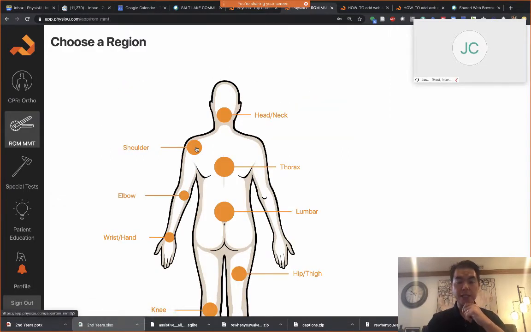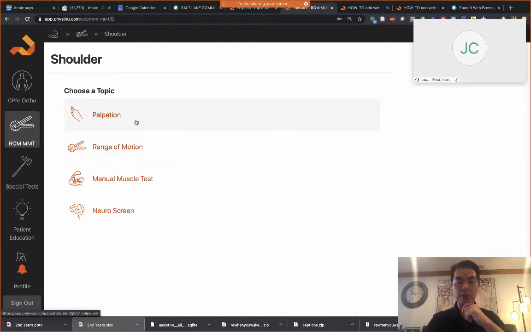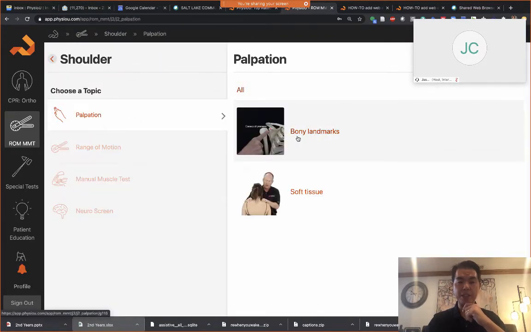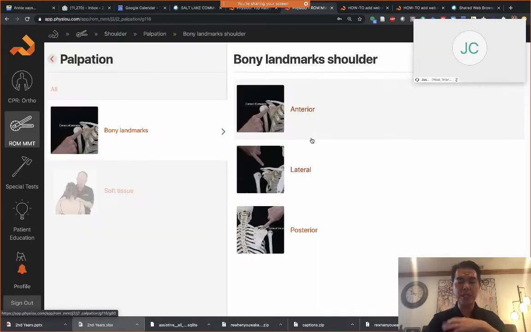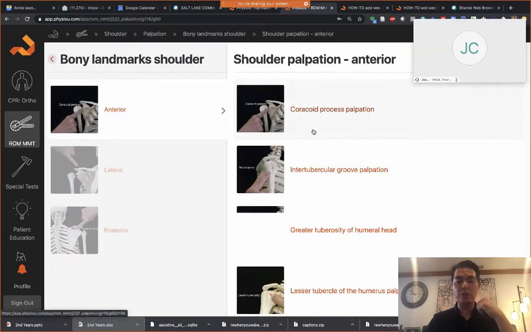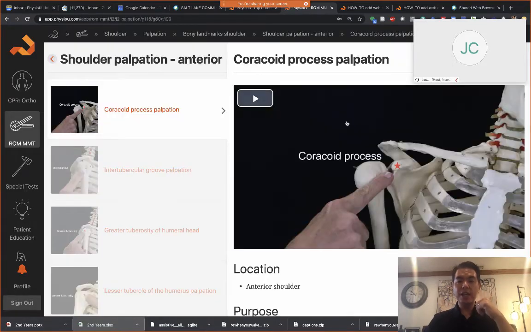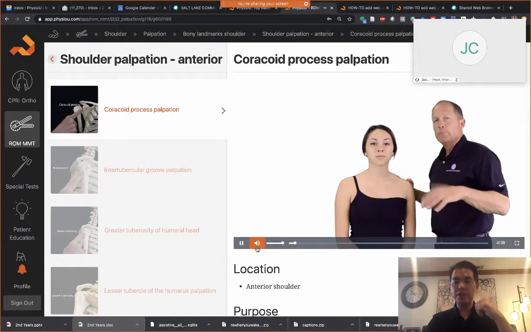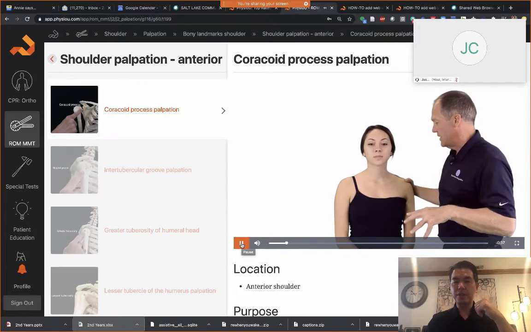It's very likely that many of the skills you're learning, including palpation, so here's all your palpation related to all the anatomy that you guys are learning or have learned. Here you can see an instructor giving you tips on how to find that tissue. When palpating for the coracoid process.